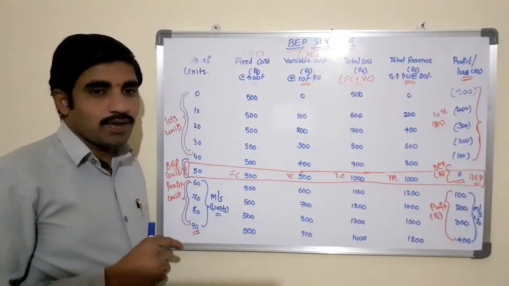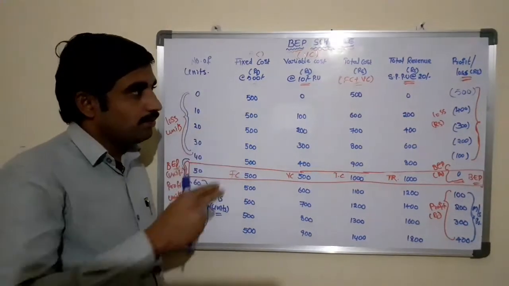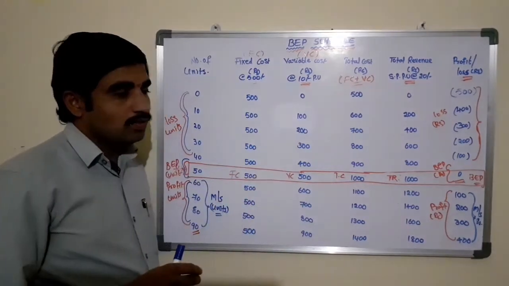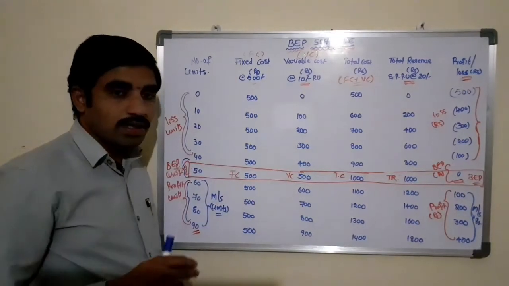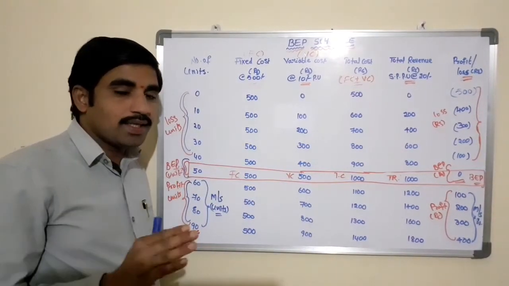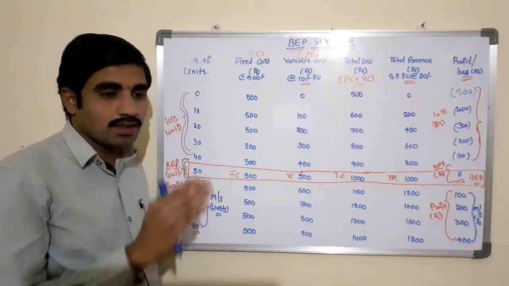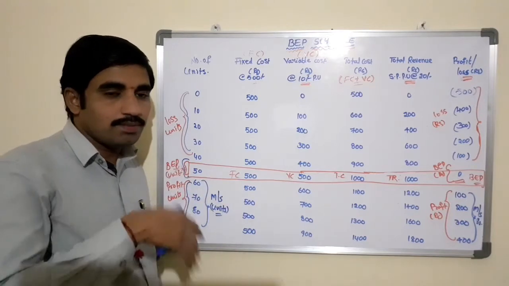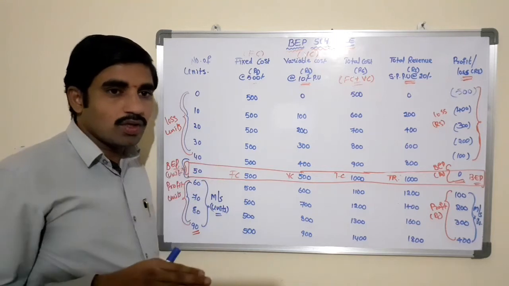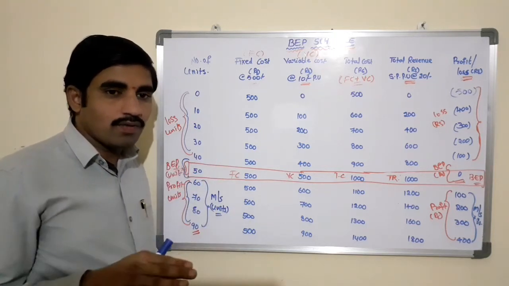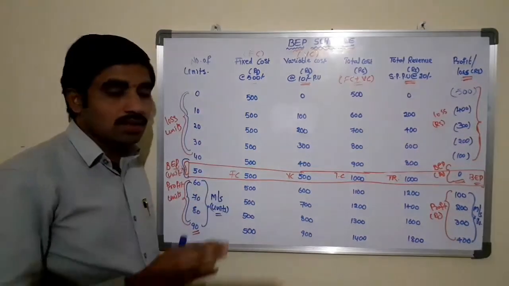Next, number 5, the total cost is the summation of fixed cost and variable cost. And number 6, the total revenue can be generated by selling the products produced in the business. And the next point is that the selling price per unit remains constant irrespective of changes occurring in or outside the business. Within the business, the various factors like price of the product, cost of production, volume of output, any changes in the internal factors, there is no change in the selling price.